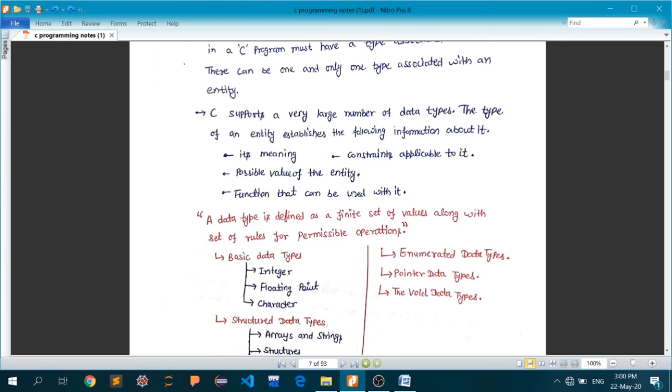And then there are the functions that can be used with it. There are a few functions that are specifically defined for particular data types. Those functions are eligible for a variable which is holding data of that specific data type.